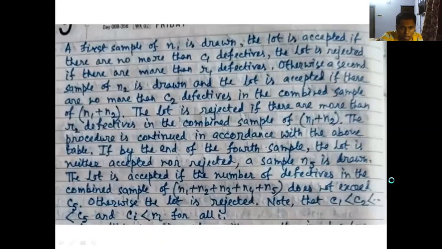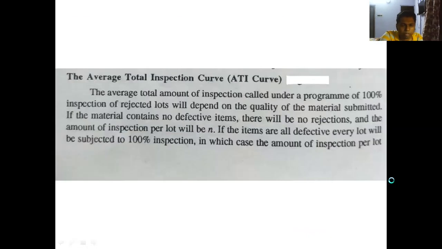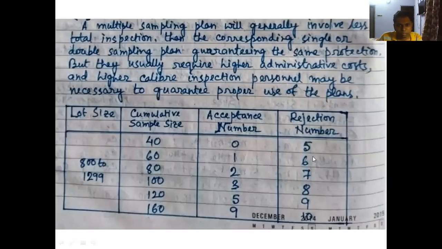And your R2 also may not be C3 plus 1. You can see that here C3 is 2 and this is 6. So 2 plus 1 is equal to 3, and 6 is not equal to 3. So this is the way the sampling plans work and how these things are conducted. Now, one thing we need to notice is when or why we use these types of sampling.